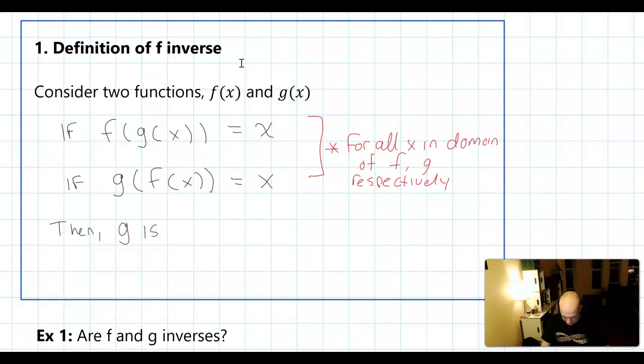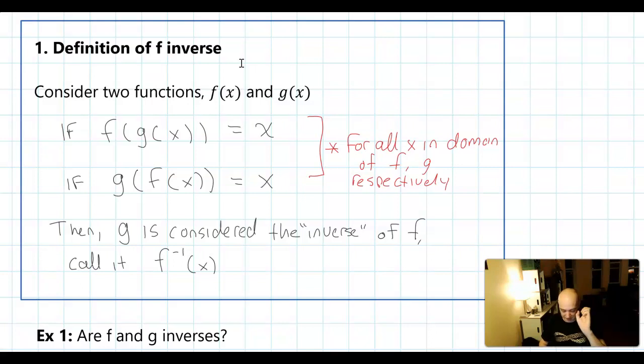then g is considered the inverse of f, and we can call it f inverse of x, with that little -1 that's not an exponent, and it would be true that f inverse of f of x equals x, and f of f inverse of x would also equal x. So this definition is a little vague, it's a little mathematical, but it's capturing the essential